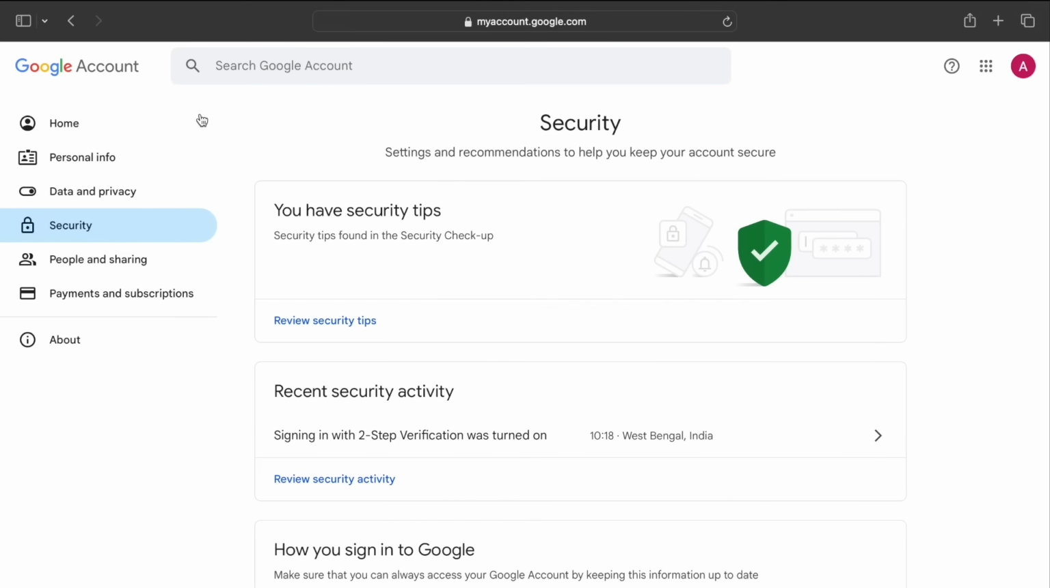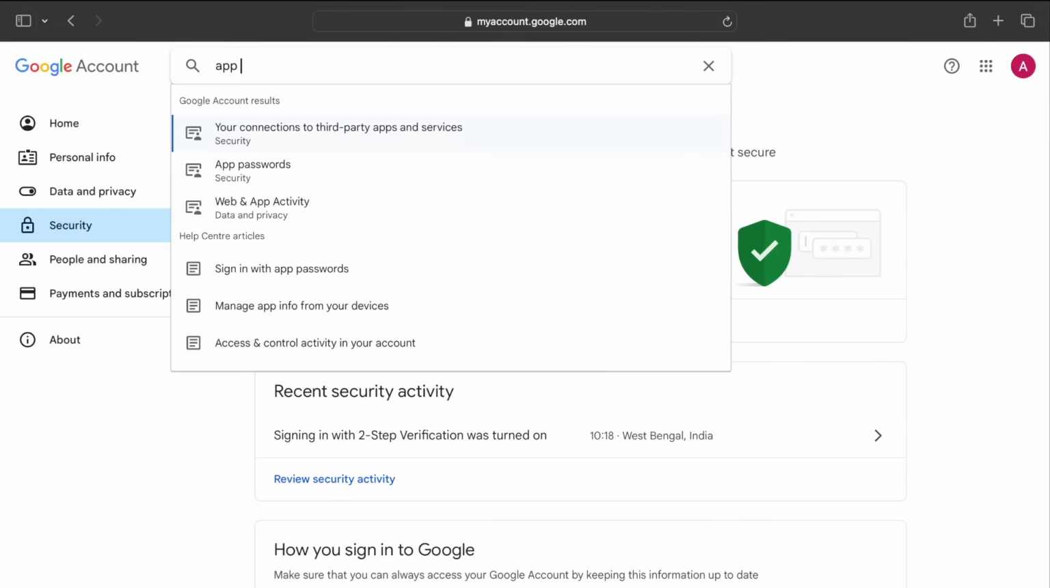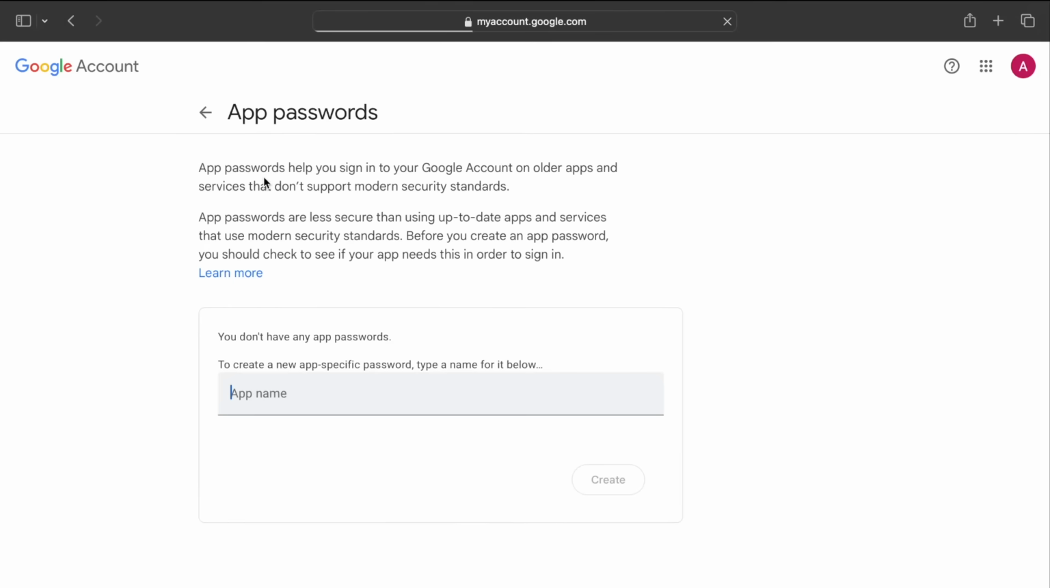Next, go back and in the search bar, search the app password. Once you get the app password, a window will open up with the app name required. Write your project's name that you want to add up. Like here, I want to add Solve It Out auth